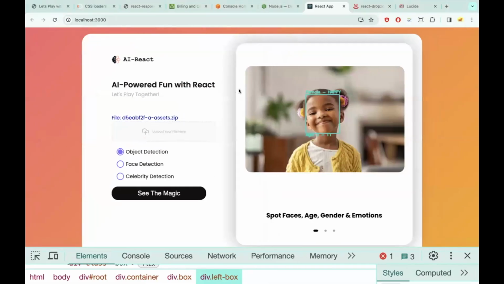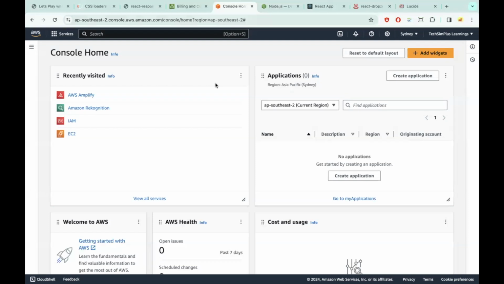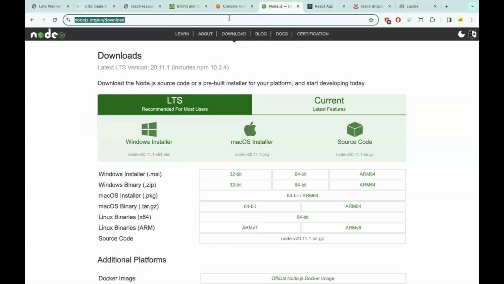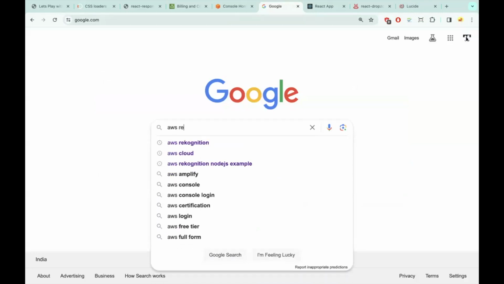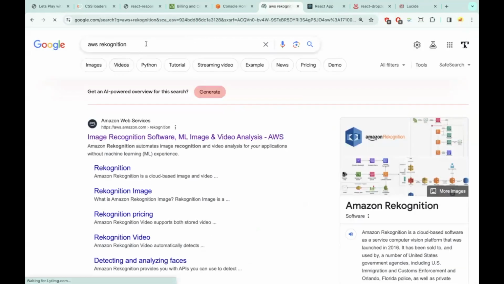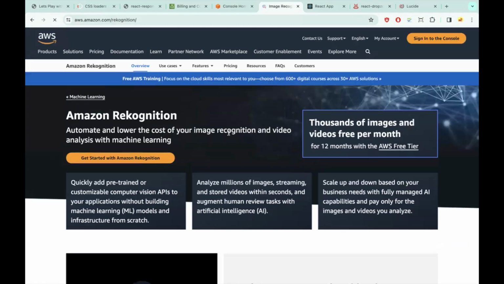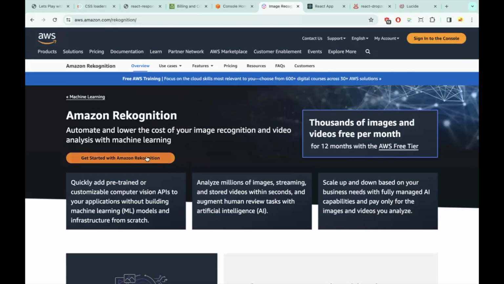Let's jump to the next thing. Let's understand AWS Cloud: what we are going to do inside AWS Cloud and how we are going to interact with it. What happens, guys? AWS has one amazing service, which is AWS Rekognition. If you search for AWS Rekognition, you will be on this first link: image recognition software, ML images, video analysis, and a lot more. If you open this, they will ask you to get started with Amazon Rekognition. If you click here,